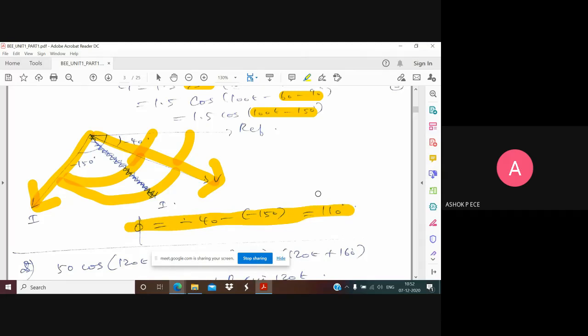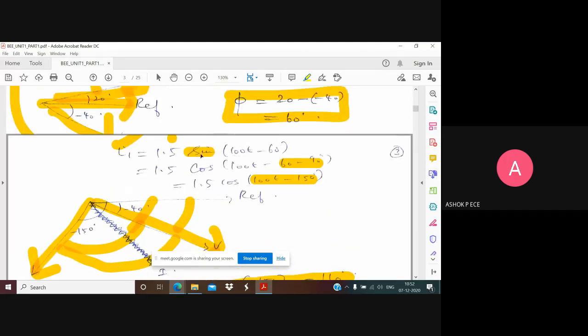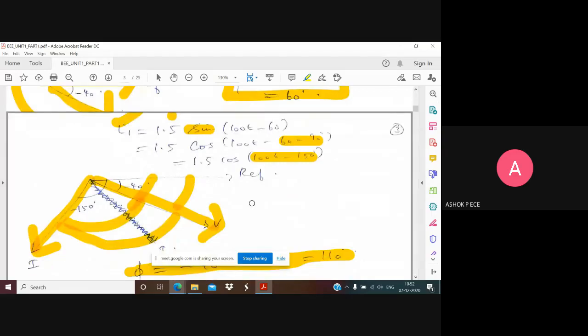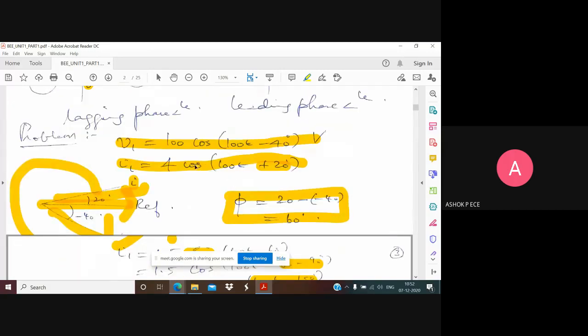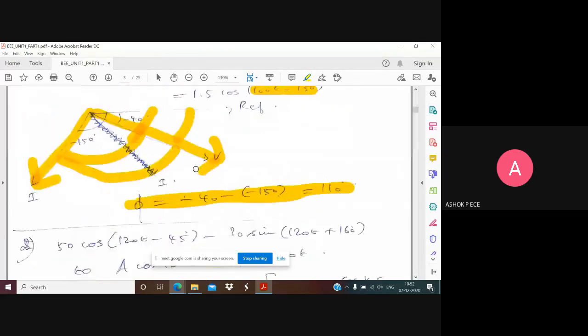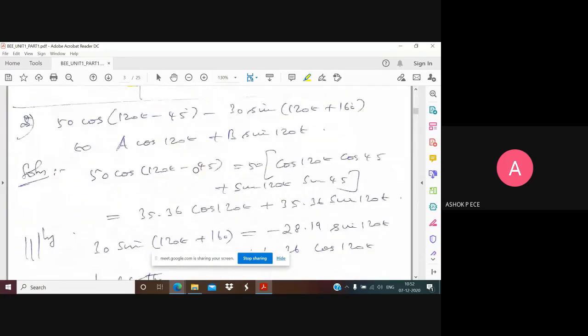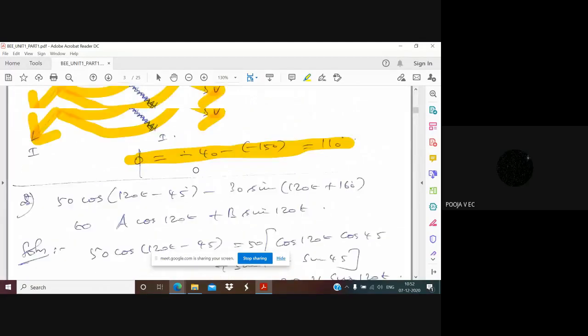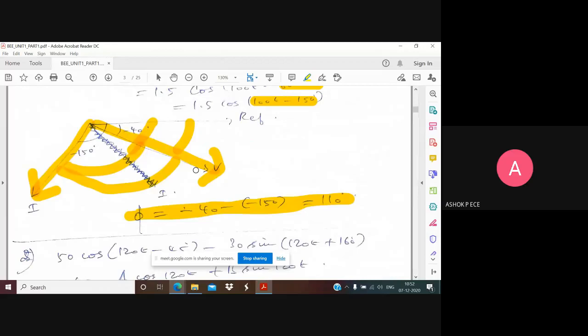And remember, if I plot directly minus 60 and do the calculation, my phase angle calculation becomes wrong, because I1 is fully in terms of a sinusoidal signal and this one is fully in terms of a cos signal. So they both have to be in the same trigonometric form. Otherwise, you cannot directly find the phasor diagram. Is this problem clear? Yes, sir. Is this thing clear? How to find the phase angle?